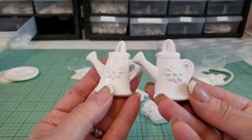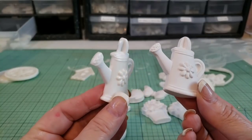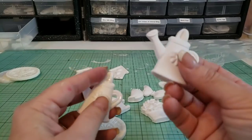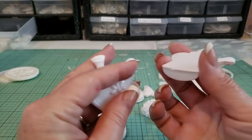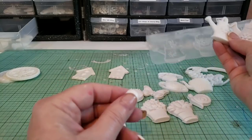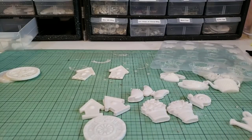Okay, and both of those turn out really lovely. This one looks more matte and clay-like, and this one is more shiny, and it's solid. You can't break it, whereas you could break this one. So I got not only the molds, and let me show you. I've got, let's see, show you the one with